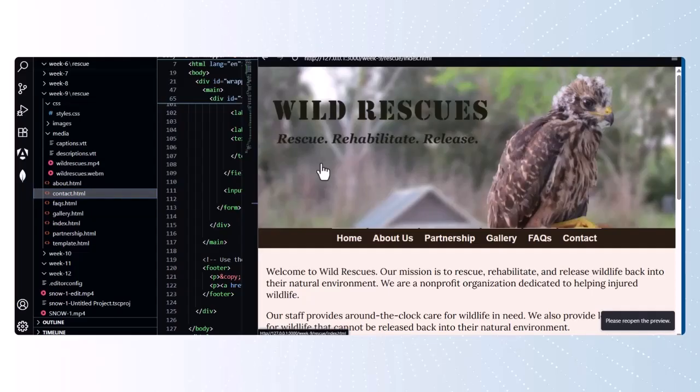So you could kind of make other websites and use this as a template for other websites. You could change the colors and the fonts and the pictures and different layouts, but this was like a good basis